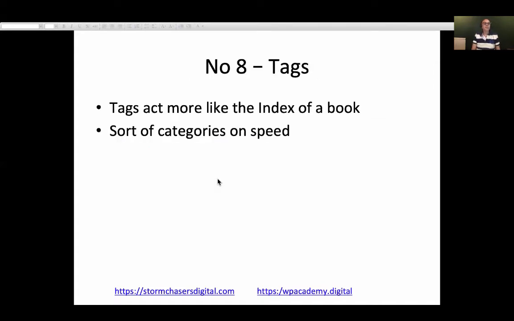So next we're going to talk about tags. So the categories are the chapter list at the front of the book. So in that respect, tags are the index at the back. Okay, so there's sort of categories on speed, for want of a better description. So it enables you to categorize further, I suppose, is another way of looking at it. So what do I mean by that? Well,